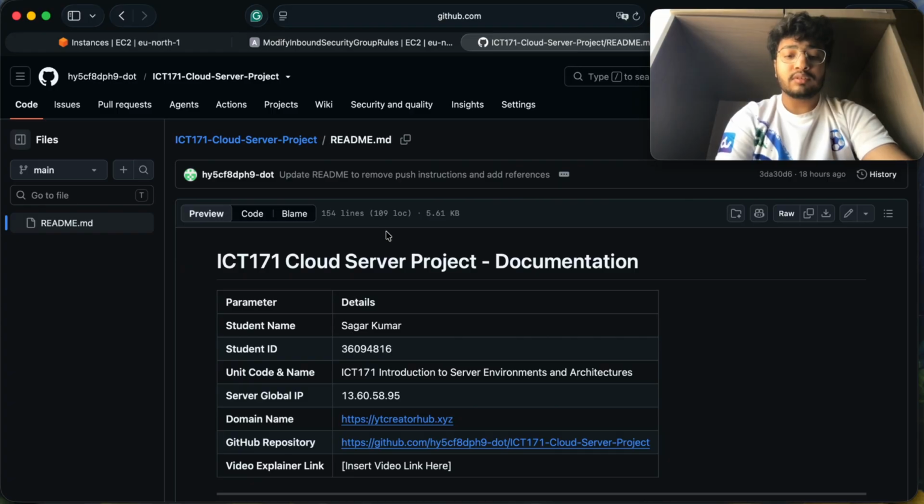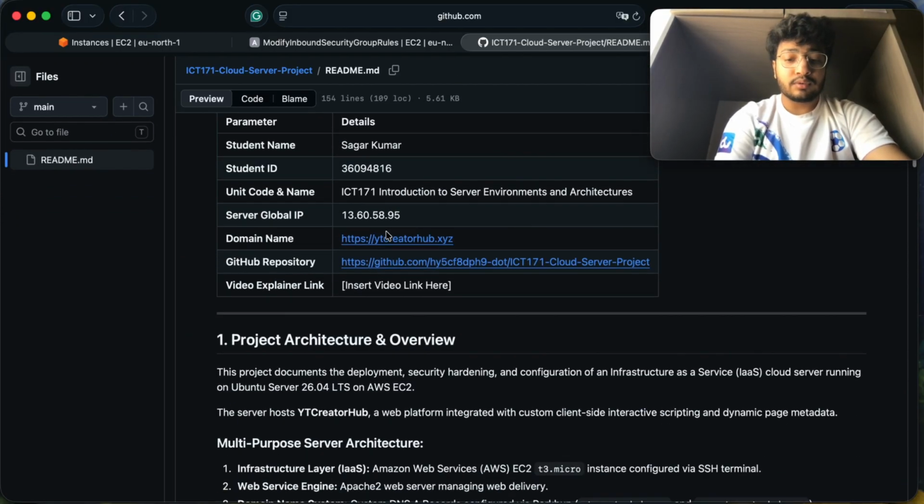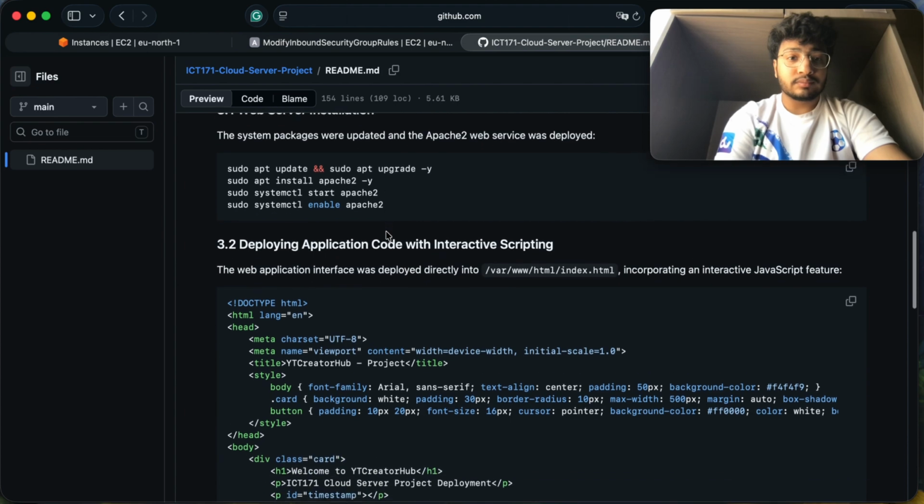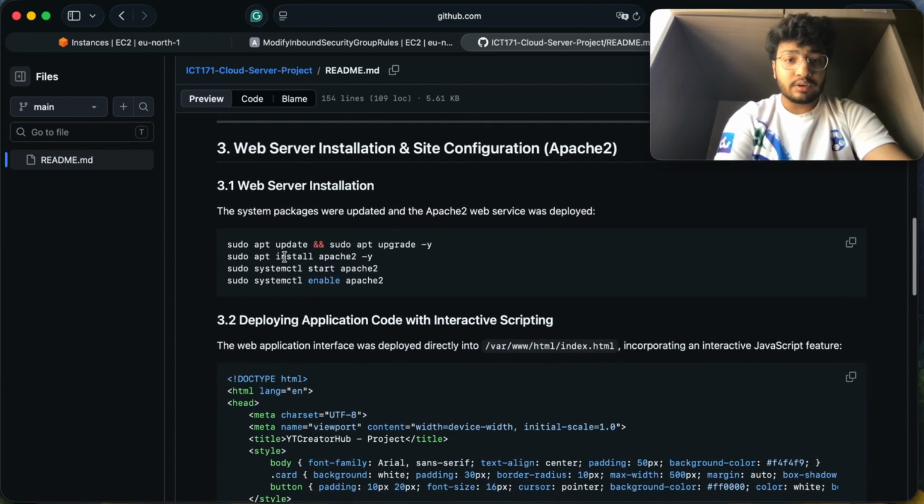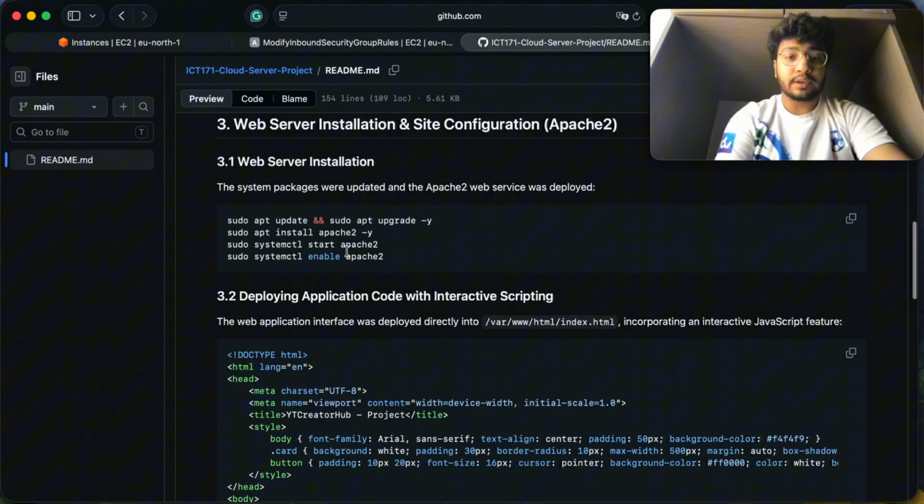Once my AWS instance was up and running, I jumped into my terminal and SSHed into the server using my private key. The very first thing I did was run sudo apt update and upgrade to get all the latest patches. After that, I installed the Apache web server and enabled Apache to run automatically whenever the server boots up,